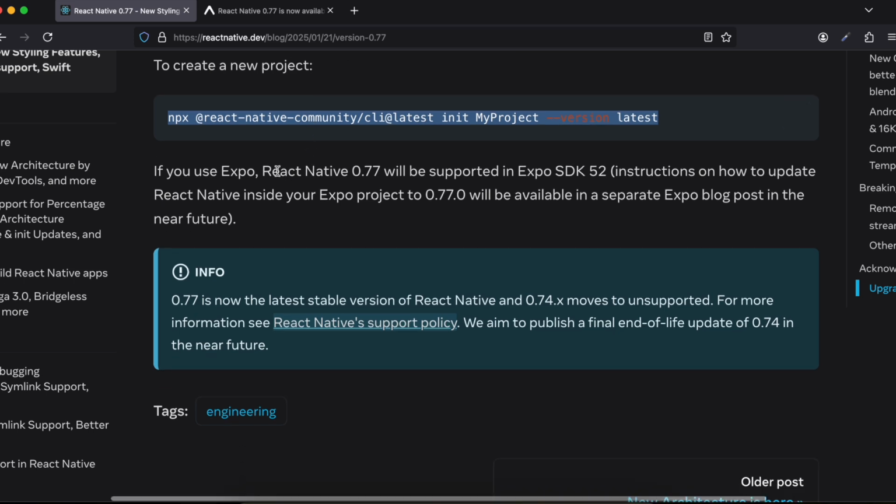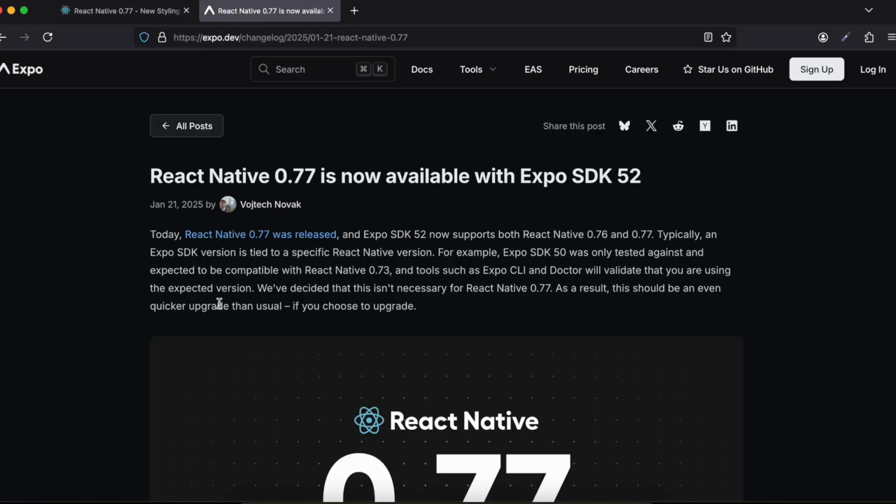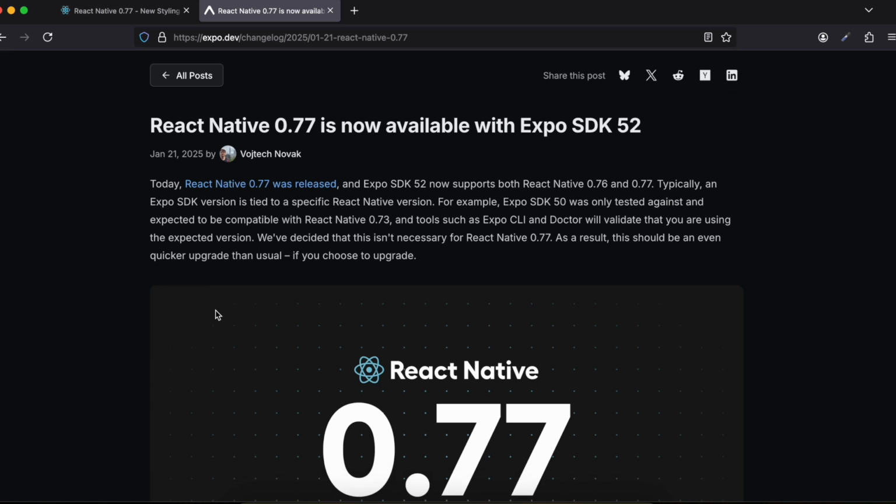If you use Expo, React Native 77 will be supported in Expo SDK 52. Instructions on how to upgrade will be available in a separate Expo blog post in the near future. So Expo also published their blog. So here you can see today React Native 77 was released, and Expo SDK 52 now supports both React Native